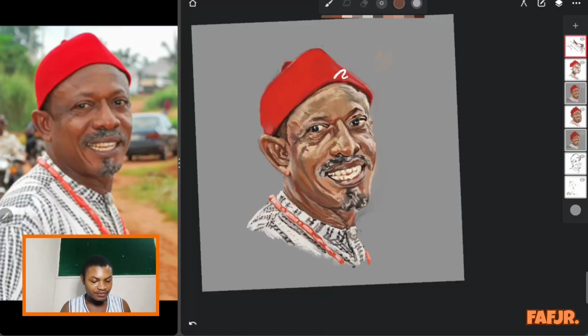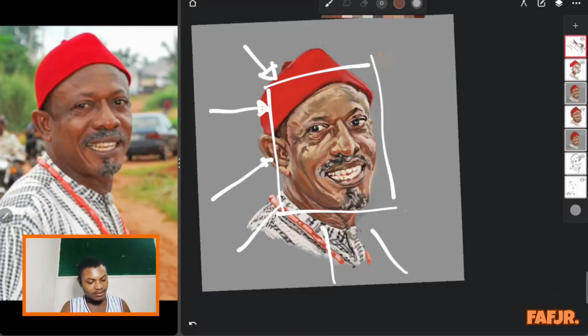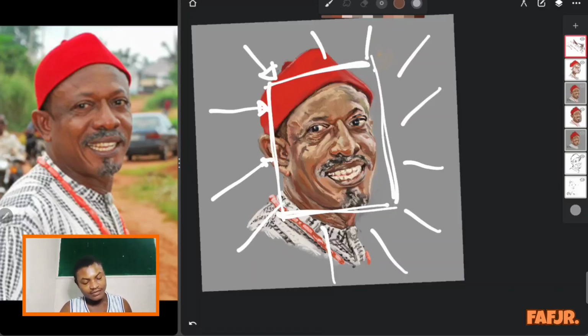The more you paint a particular area, and the more difference you have in that particular area, the more focus you get in that particular area. So as I'm painting, I don't want the focus of the image to leave the face,